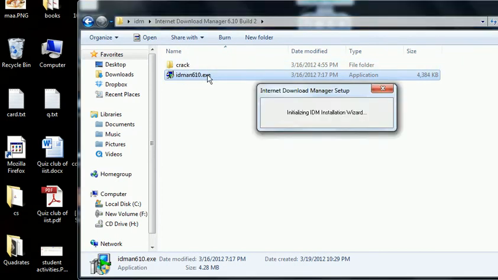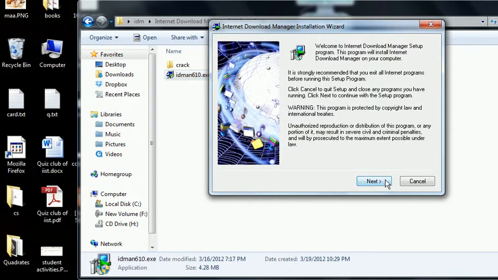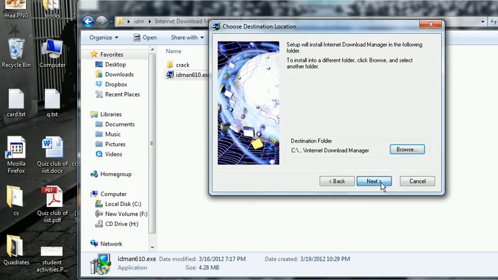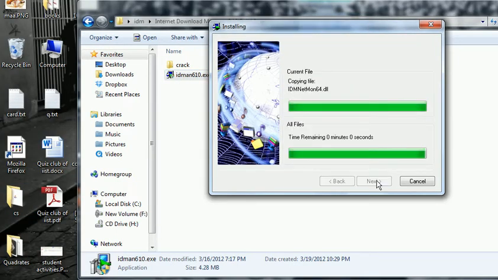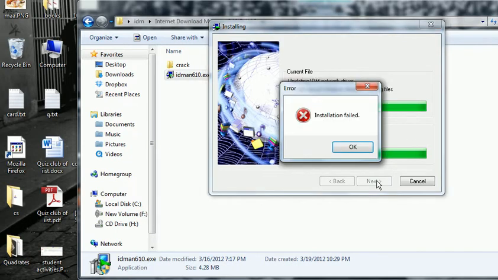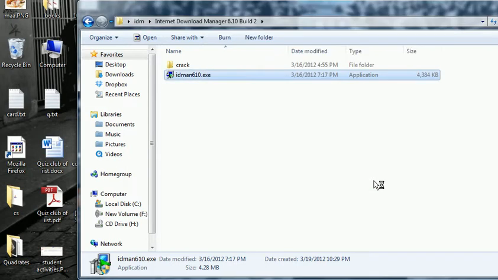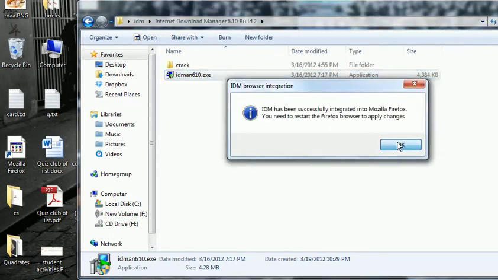So firstly what we will do is double click on this setup and install it. Just follow along the installation. Just go on clicking next, everything will be fine. In the end it will ask for, I'm having some problem, it seems like. Yeah, no problem, you won't get such a problem.